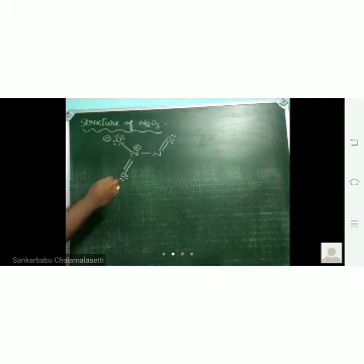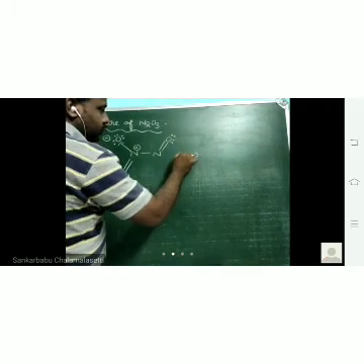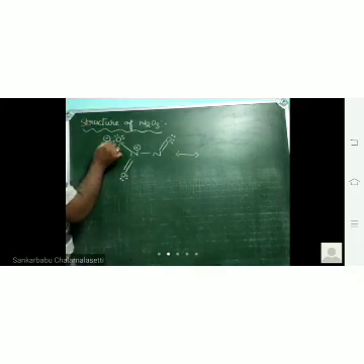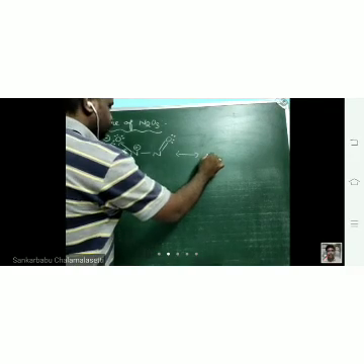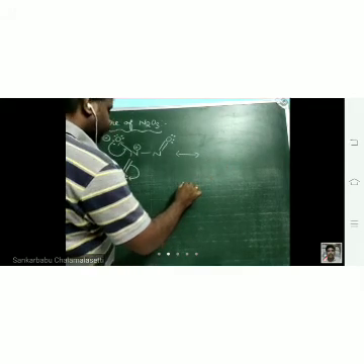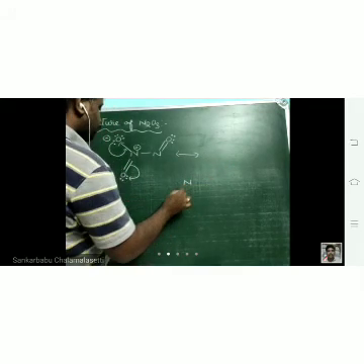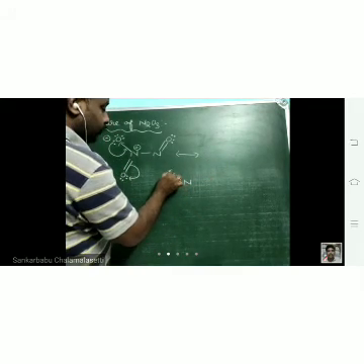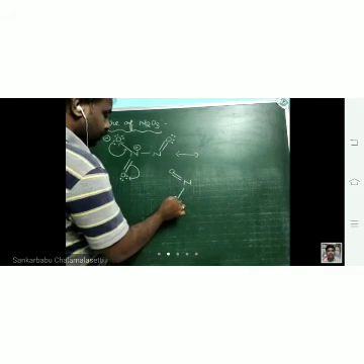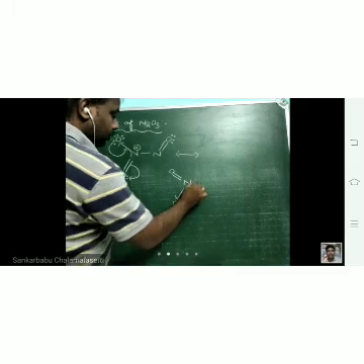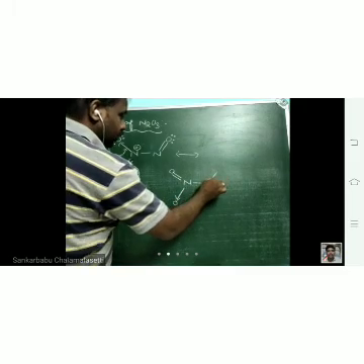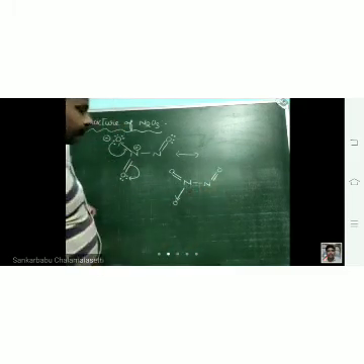Next, for this another resonance structure is there. In that resonance structure, this lone pair of electrons is shifted here. This bond pair is converted to a lone pair. So we will get another resonance structure, that is N double bond O. Here it becomes a single bond N. Here the double bond is the same.